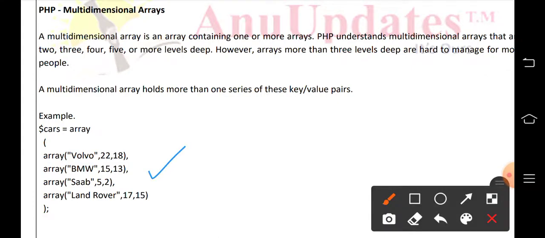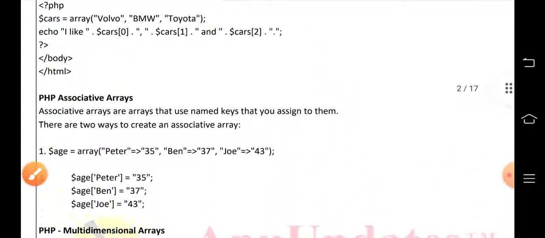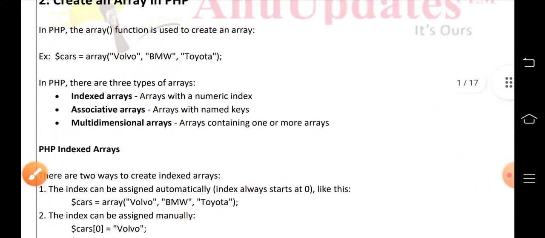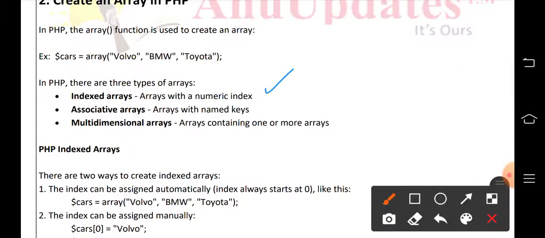Here we are saving values like the size or the model number for this particular car. You can see we are using more than one array for a particular value. Okay, got it. These are the three types of arrays: indexed array, associative array and multi-dimensional array.